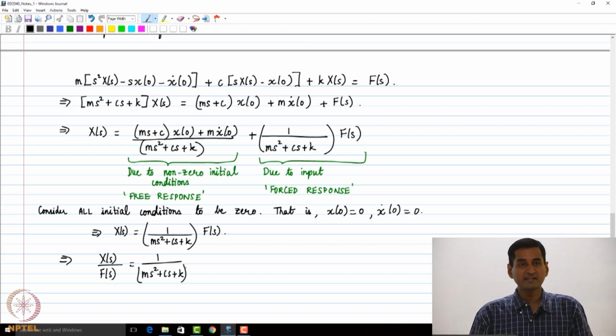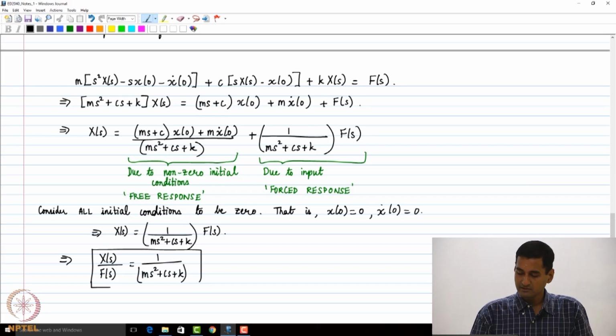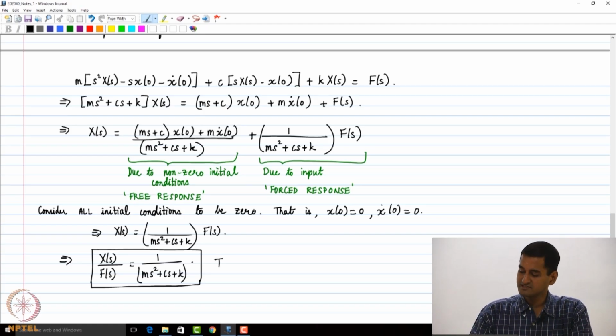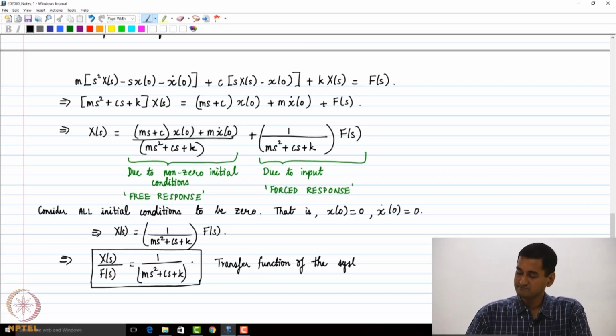So if I just take capital F of s to the other side, this quantity, which is the ratio of the Laplace transform of the output to the Laplace transform of the input under 0 initial conditions, is what is called the transfer function of the system or plant,